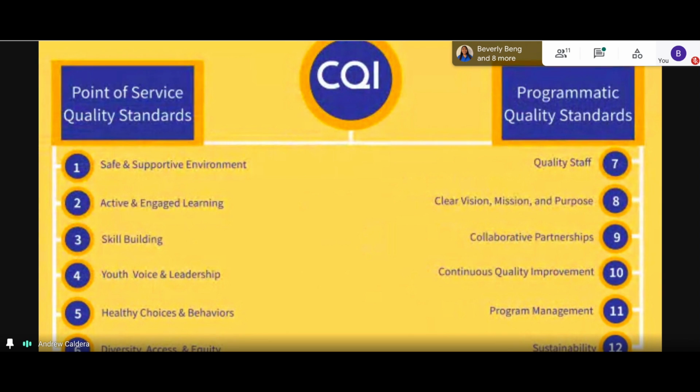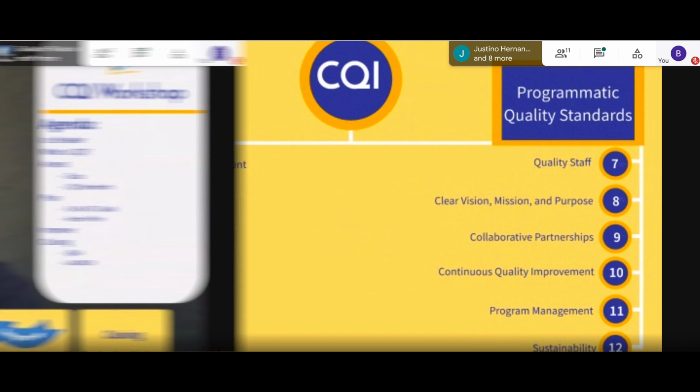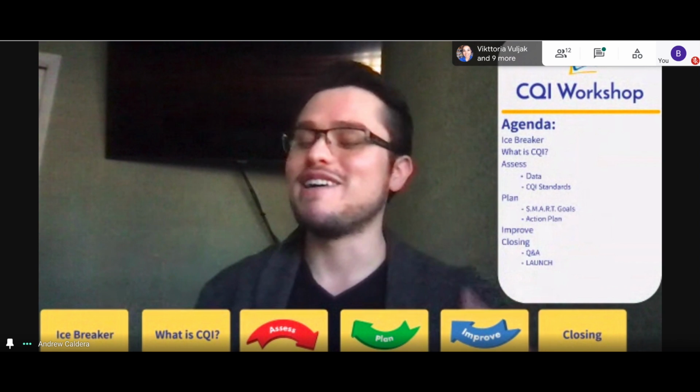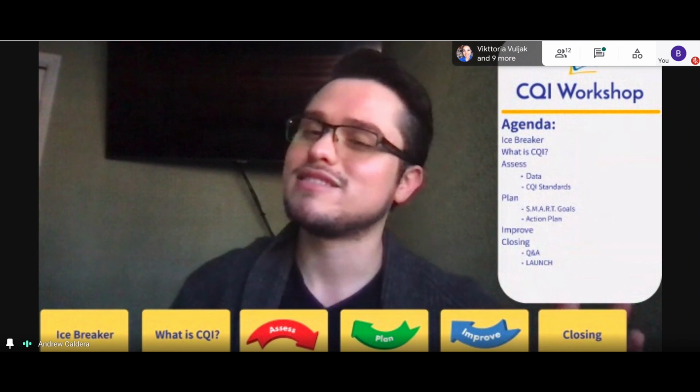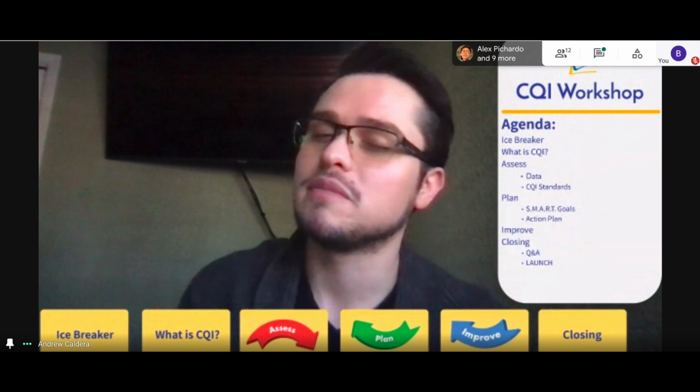Now, those are all the standards of CQI. So in terms of assess, we want to make sure once we get that data, we're analyzing it with these standards. Which parts are we lacking? Which parts are we succeeding in? Then you want to formulate a plan. A big chunk of this is right now. I know that last one seemed like a lot, but that was just getting to know the standards. Once you know the standards, that's not your biggest. Plan and improve are usually your biggest ones.